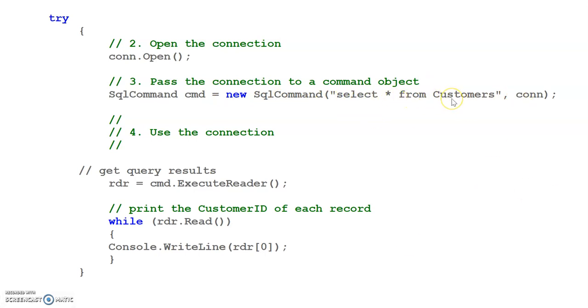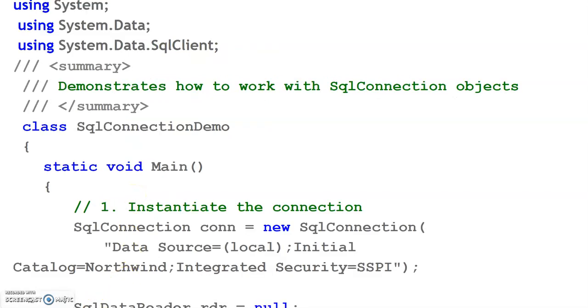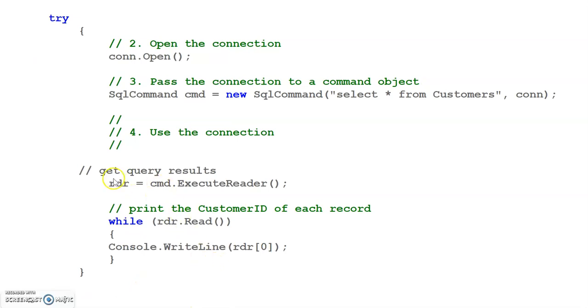Customers is a table of that particular database, comma con, providing the connection over here. Now the cmd we have to execute, so write rdr, an object of SqlDataReader. So write rdr is equal to cmd.ExecuteReader. It will execute that query.